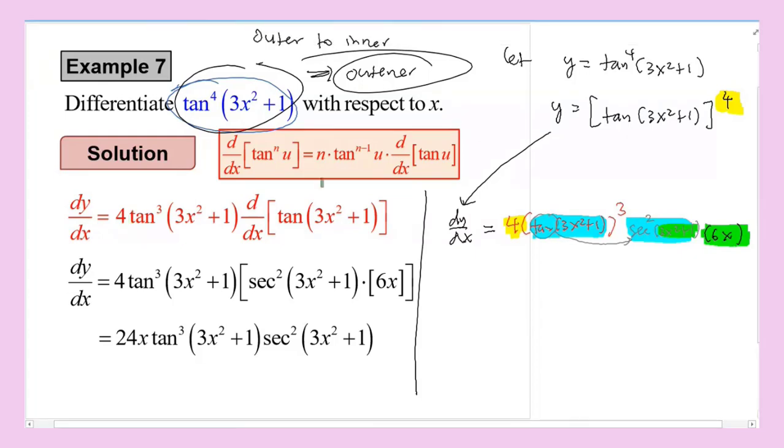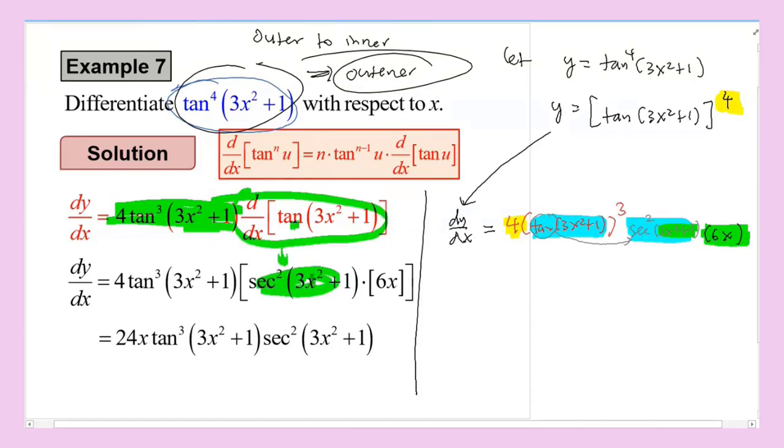Differentiate dulu first kat luar and stop, tarik nafas. And differentiate pula yang ini, tangent kat second. Kalau nak baik, the next is d dx 3x squared plus 1 itu baru ambil. So macam itulah. And then simplify 4 6 24 x